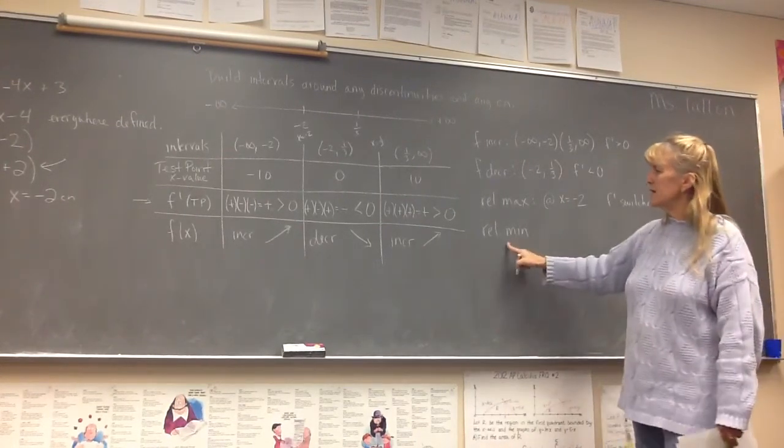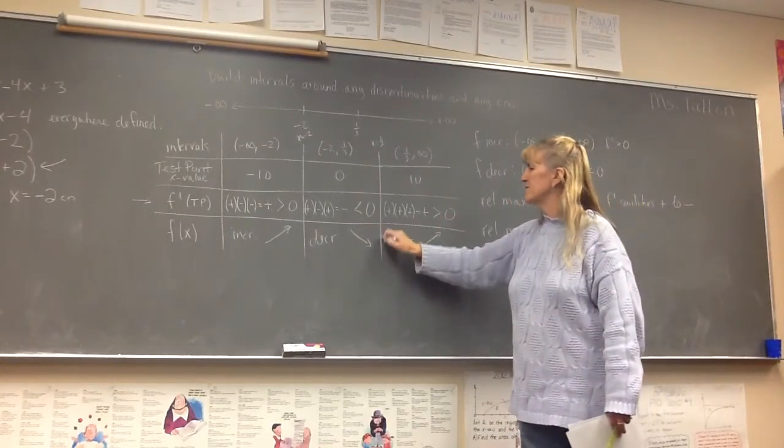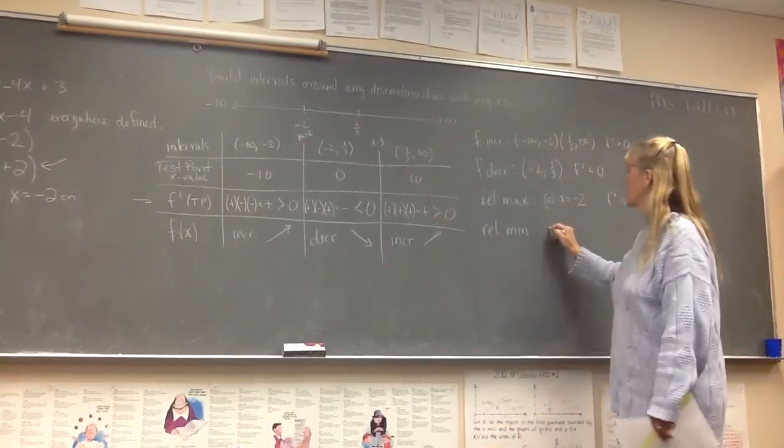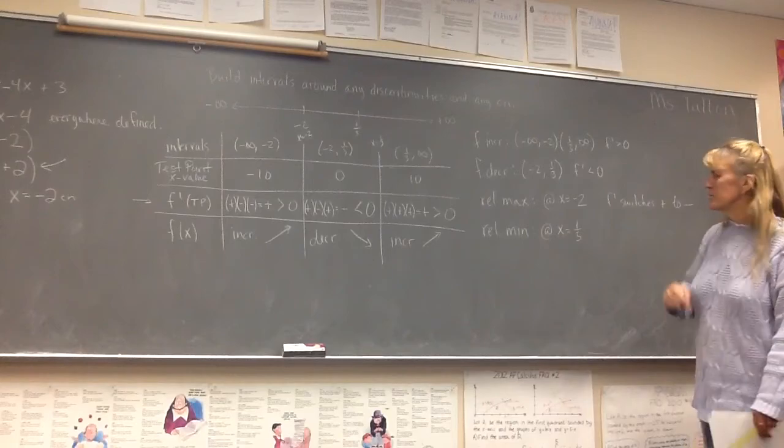Do I have a relative min? Yes, I do, because I'm going down and back up. So I'm going to have a relative min right here at x equals 1/3. And why do I have that? Use your first derivative